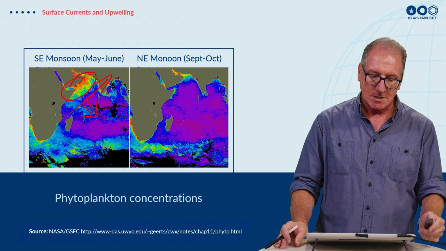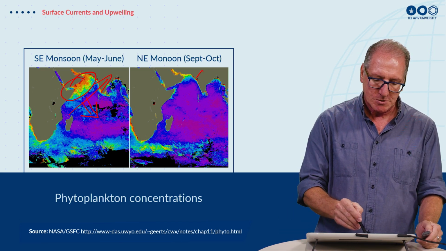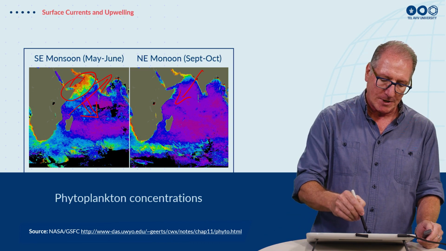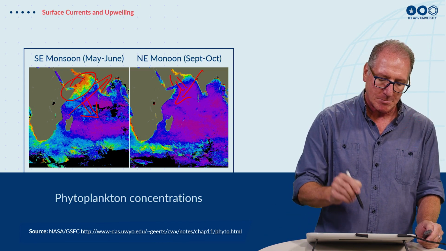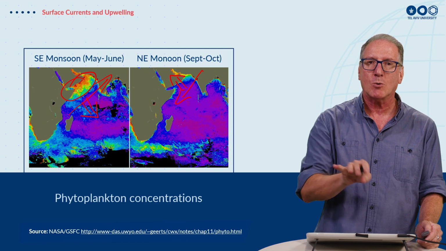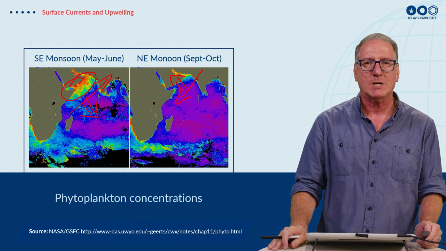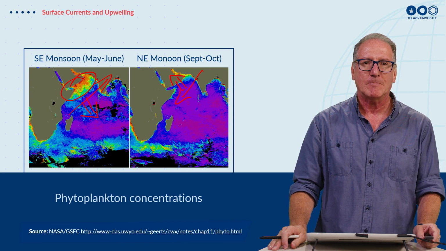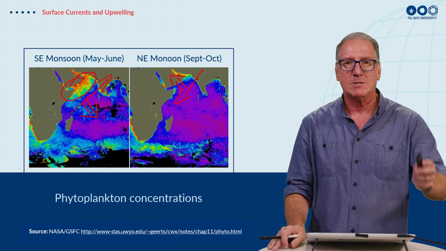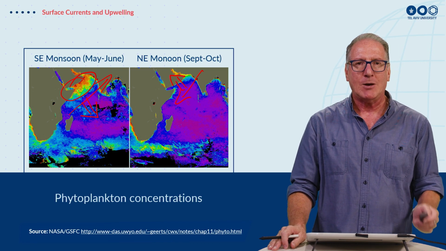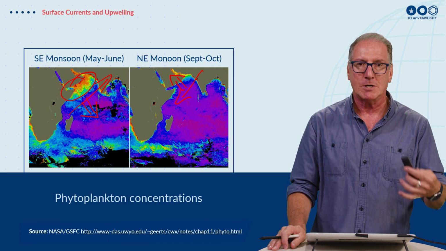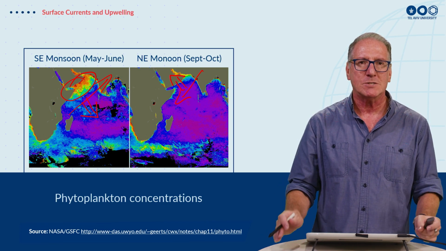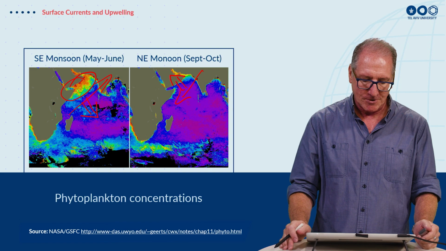In the opposite season, in the winter monsoon, the northeast monsoon, the winds are going in the opposite direction, and now we have the transport to the right, but into the land, which causes downwelling, and we see a very different picture when we're talking about the amount of fish in the ocean and the biological activity. Today, fishermen actually follow this kind of data from satellites, and whenever you see these areas of upwelling, you know there are lots of fish there, and fishermen can use this to plan their fishing season and when they go out and where they go to catch their fish.